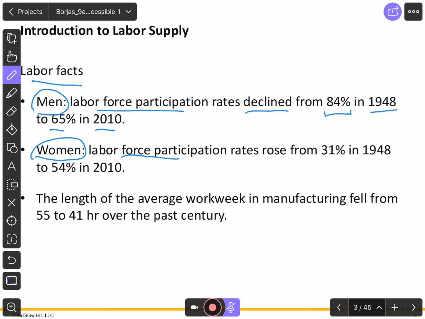On the other hand, the women's labor force participation rate has increased from 31% in 1948 all the way to 54% in 2010. As you can see, this is kind of outdated information,